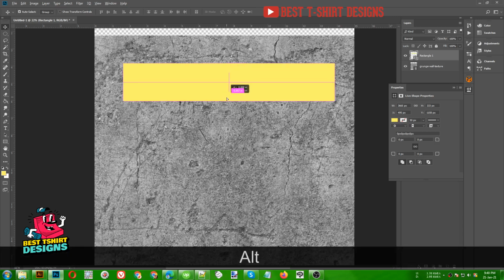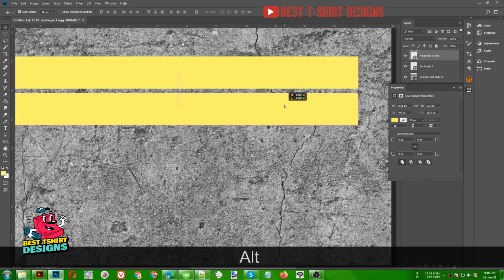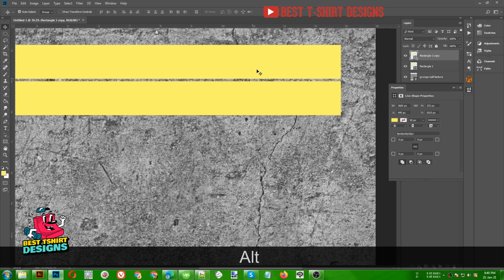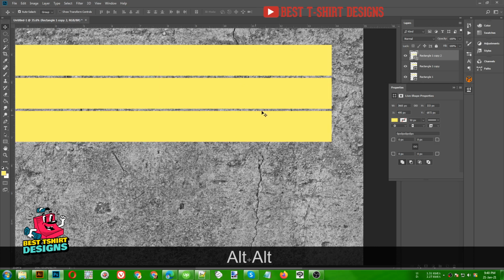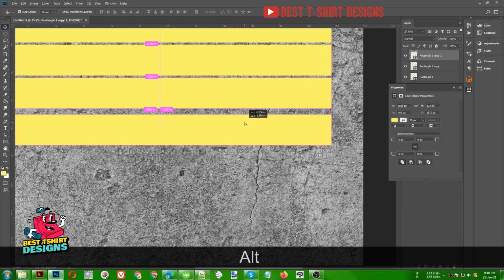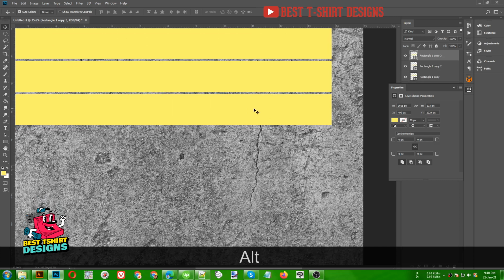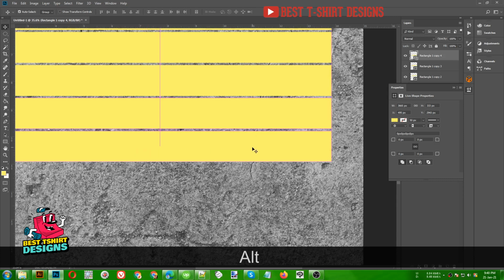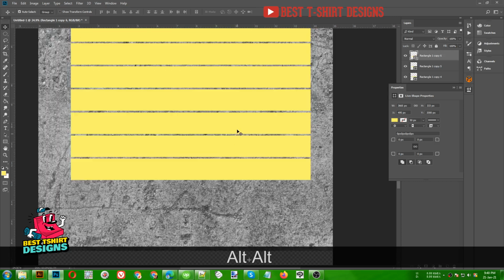I'm pressing Alt to drag a copy here, and maybe zoom in a bit so that we can reduce the gaps between the rectangles. Then drag some of the copies here, something like this. These smart guides will help us align them, something like this. This is really easy doing this in Photoshop. These smart guides help a lot.